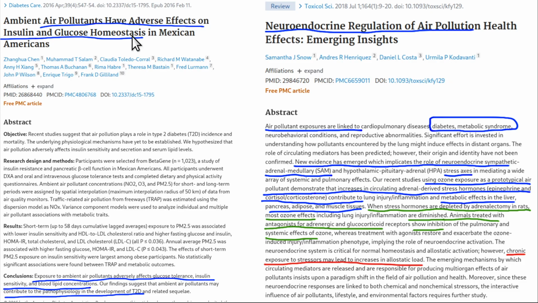Okay, here's a couple papers where there's a lot of air pollution. There's increased obesity and increased insulin resistance. So here's just showing how that's a risk factor right there. So you don't want to live right next to a smelly factory or right next to a road where there's a lot of car exhaust.